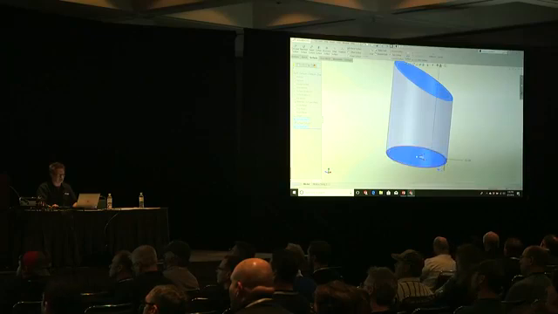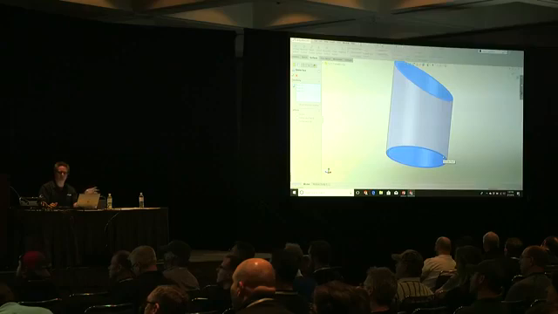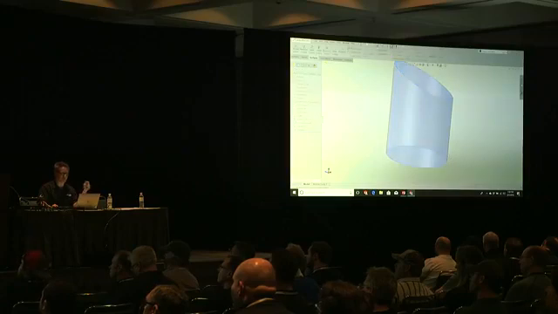I'm just going to grab these edges, or these faces. You want to grab the faces and delete them. I'm not going to delete and patch. I'm not going to delete and fill. I'm just going to delete. Hit the D key, confirm. Now I have a surface. If I thicken that surface,